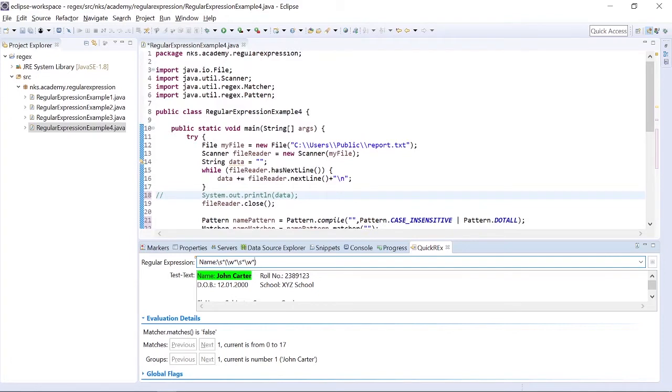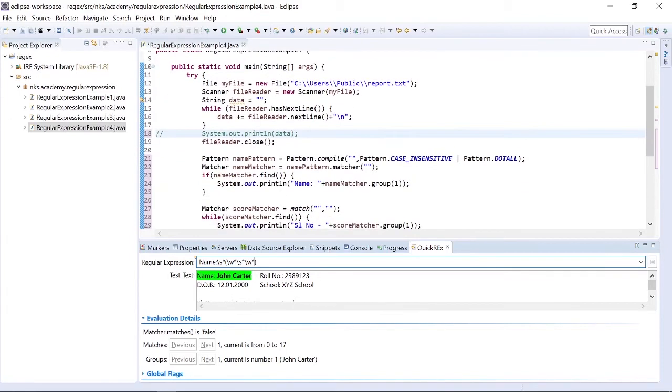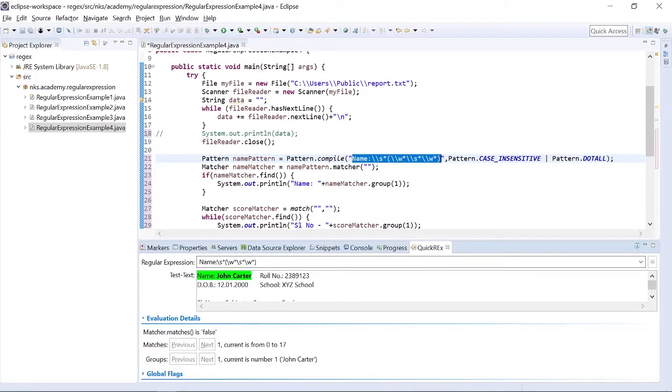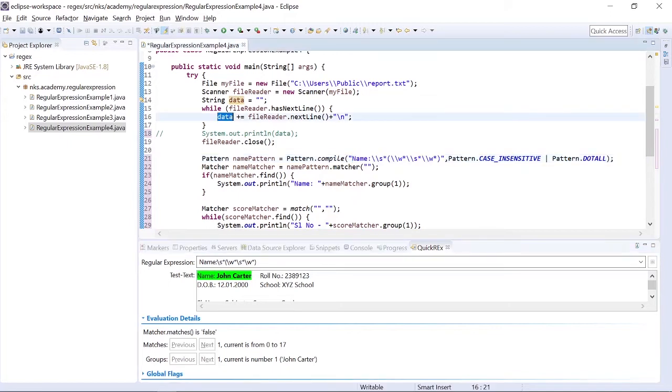Now I will paste this regex and I'll paste the content, but since we have written the file in data, we don't need to paste the content, we can directly paste this data here.